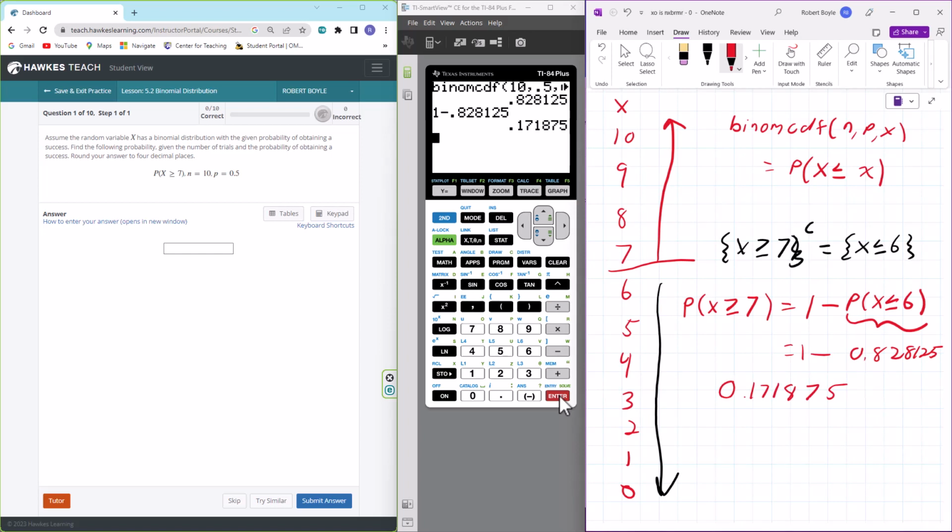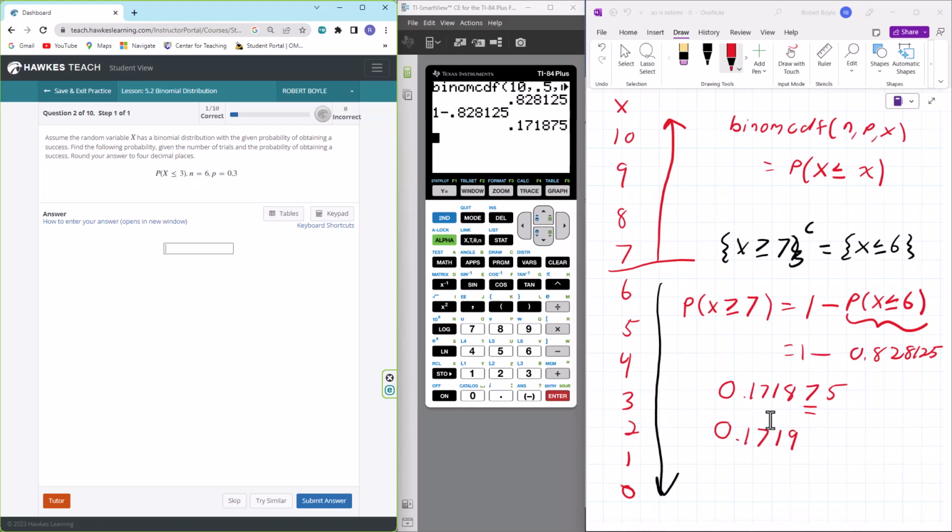0.171875. Remember, we need to round this to 4 decimal places. Our 5th decimal place is 5 or greater, so we need to round up to 0.1719. And that should be our answer. There we go. Okay, next we want to compute the probability that x is less than or equal to 3,